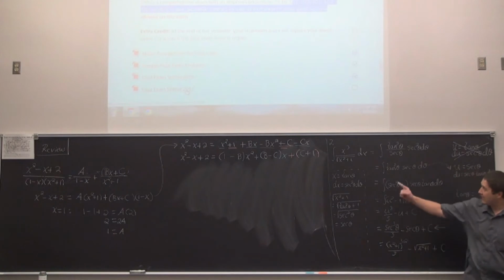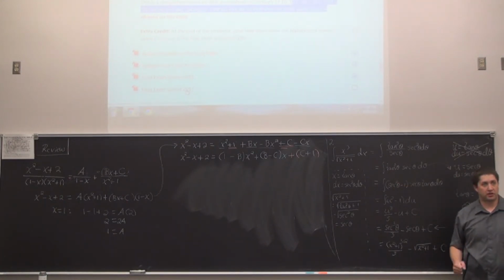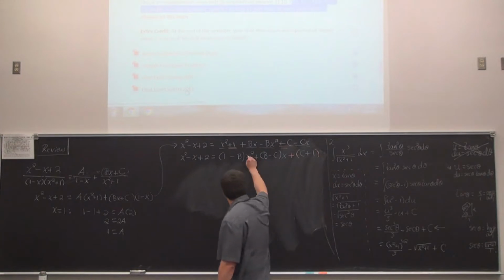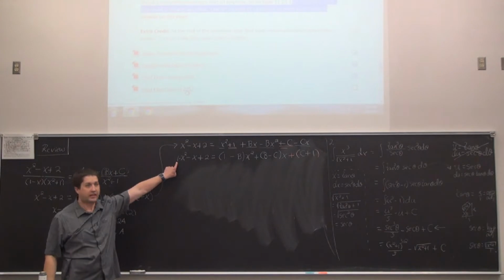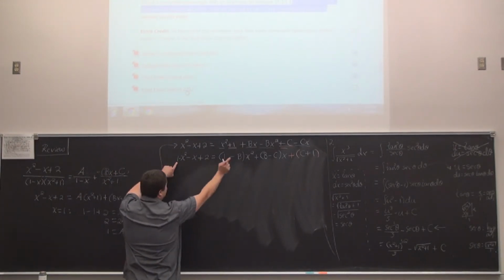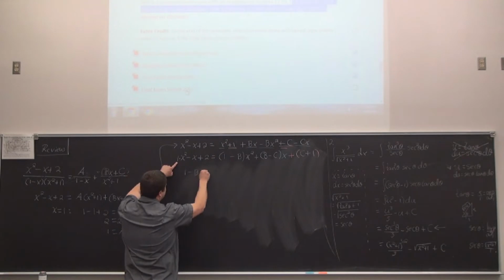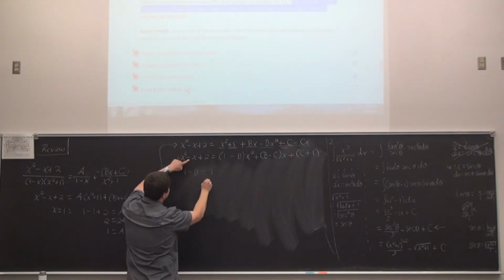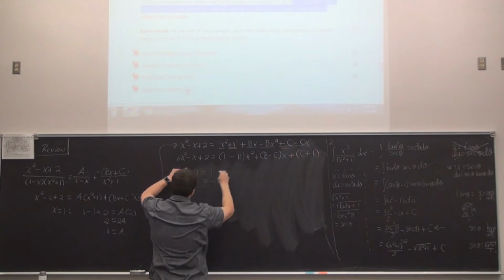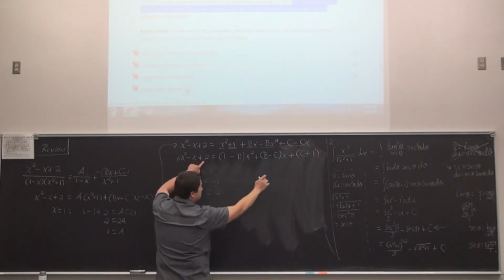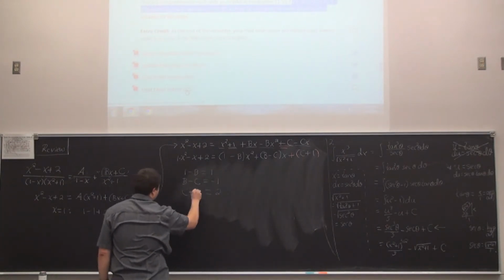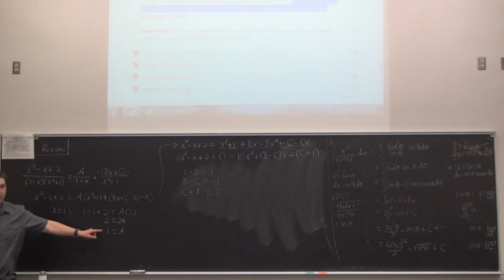So now what we've said with this last equation is that a degree 2 polynomial on the left is equal to another degree 2 polynomial on the right, but the only way that that could possibly happen is if coefficients are equal. So we set 1 equal to 1 minus b. We'll set negative 1 equal to b minus c. And we'll set positive 2 equal to c plus 1. So we already have a value for a, and that means these equations are now really easy to solve. We have 3 equations in just 2 variables.